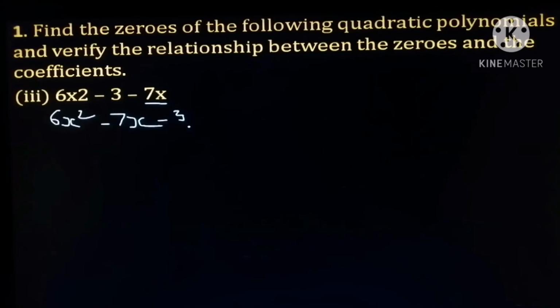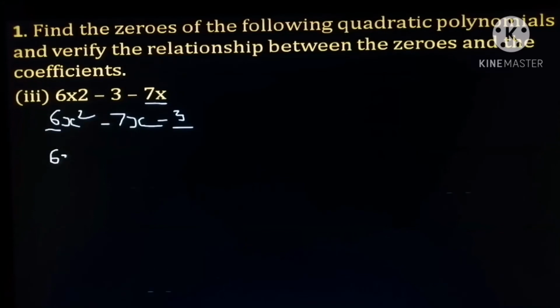And to factorize any equation by the middle term splitting, you take the coefficient of the term with x square and the one with x to the power 0 and multiply it. So 6 3s are 18. What this implies is that whatever numbers you take for the middle term splitting, the product should be 18 and the sum or the difference should be equal to 7. So now let's move on.